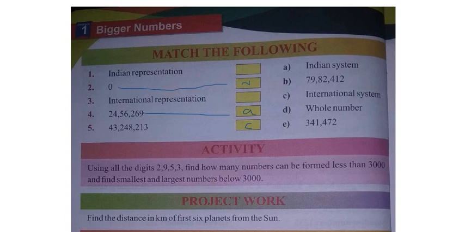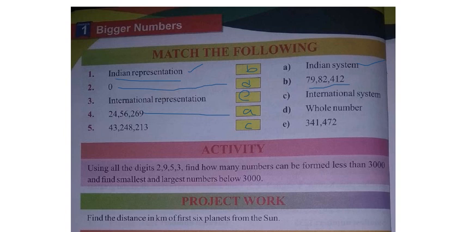And which one shows the international representation? You know this is the Indian representation, so this is B, and this is E. Left out only, na? That's the answer. You have to answer like that. Don't write like that; they just confuse you. They are giving the Indian system, and here some representation is given. So concentrate on the problem, and you can do this problem.